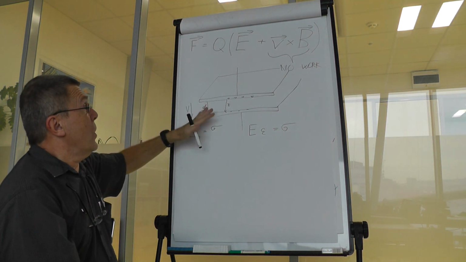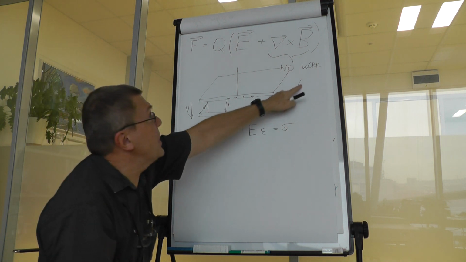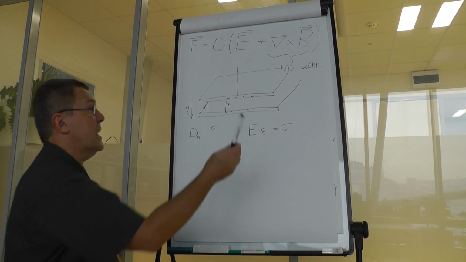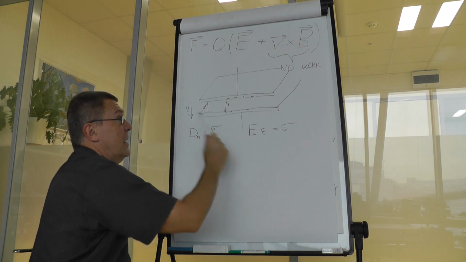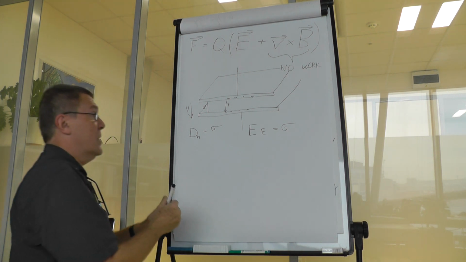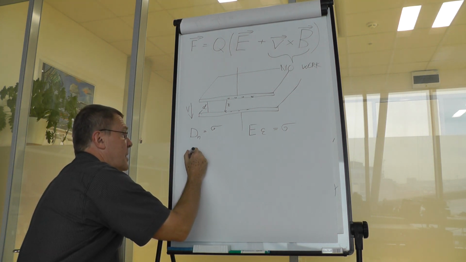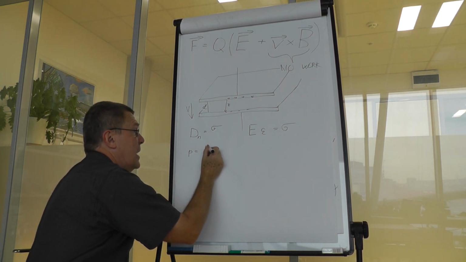Or we can say the pressure at any point of the electrode is given by a multiple of charge density and electric field strength. So the pressure, small p, would be